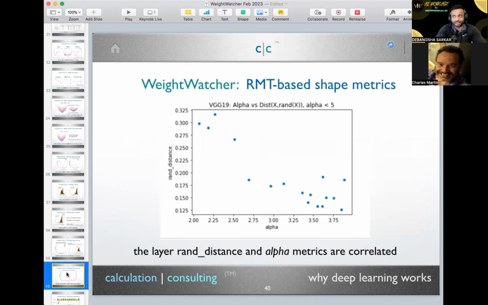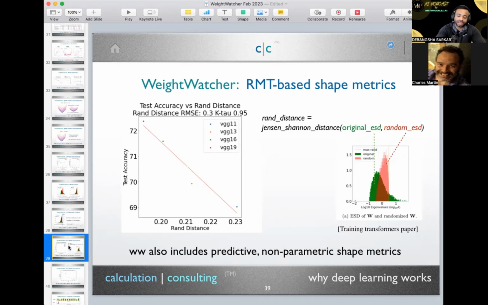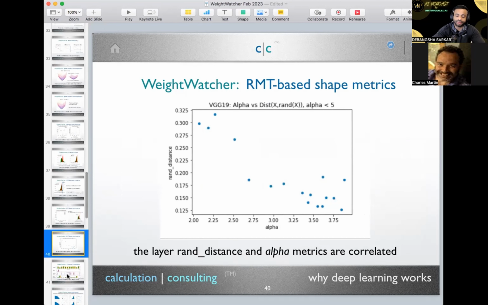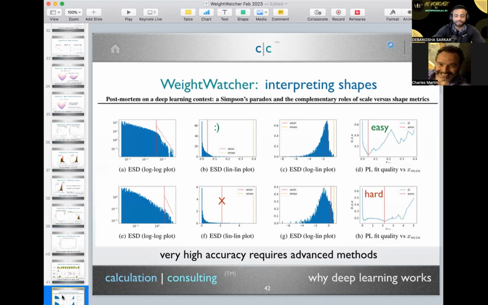Another question I was just wondering about is why did you choose this Jensen-Shannon divergence? Because there are so many divergence metrics that we have, like KL divergence, for instance, which is really used in the deep learning community. So is it like a physics thing, or does it come from computational statistics or some other field of your research? No, I just picked something I thought would be useful. There's no deep theoretical reason. I just tried it.